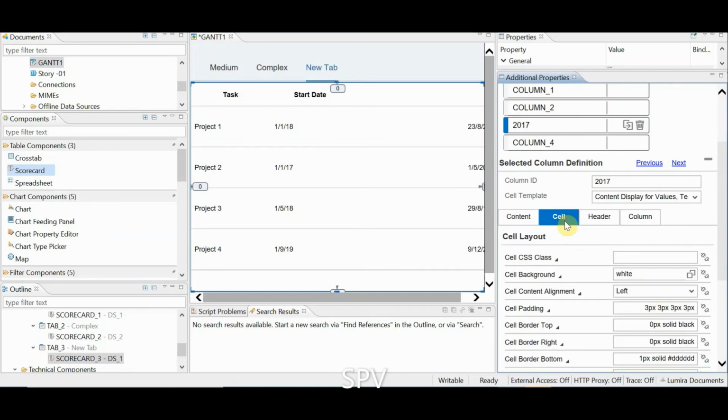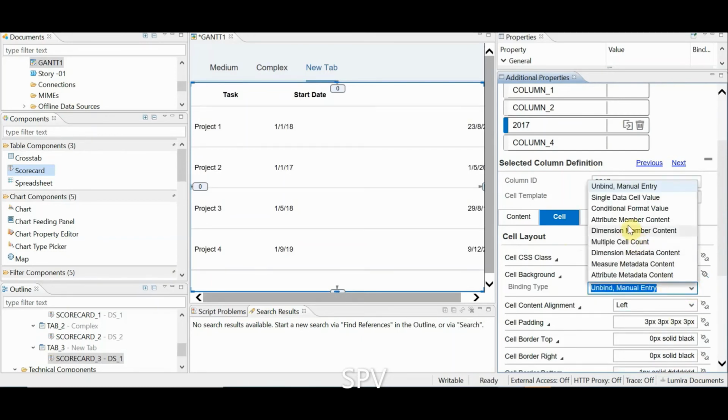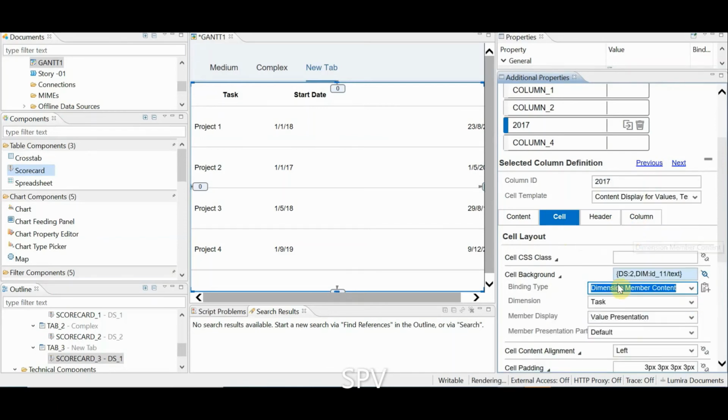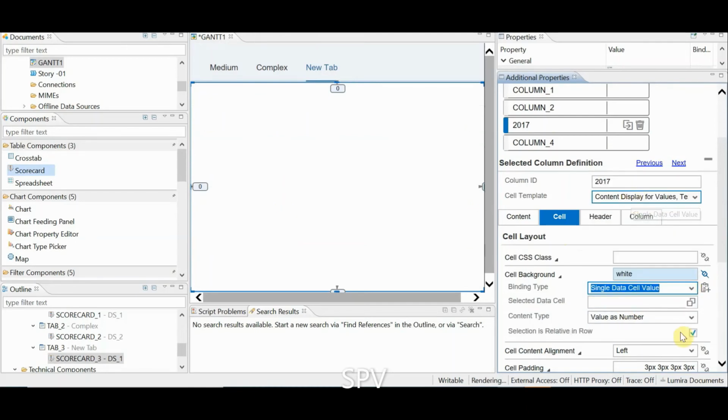Based on the cell, I'm making the background color. I'm selecting cell background, and then dimension member content, or rather a single data cell value.